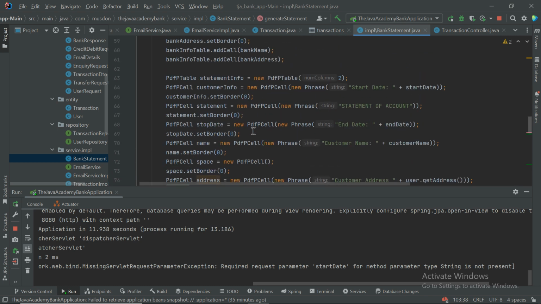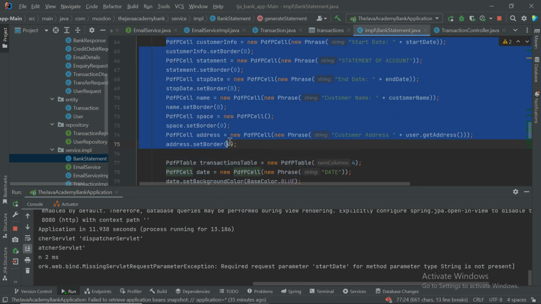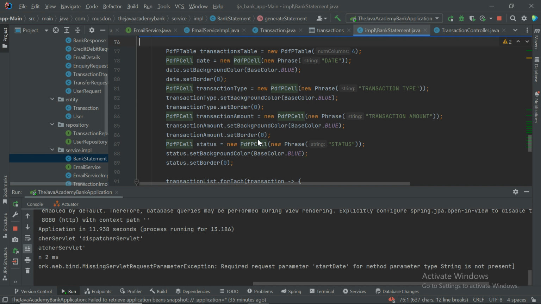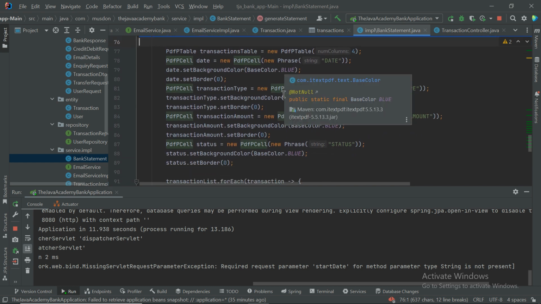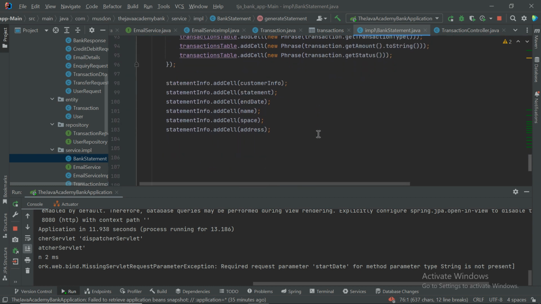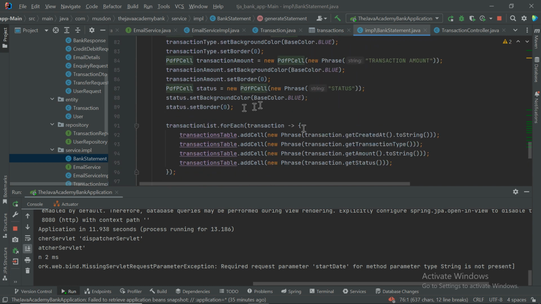So now what we have just done is, this is a PDF table, right? So what we've done is we've added all these cells into that table. So that particular table will now show us all this information now that we've added them into it. So that's the first step. So we need to do the same thing for transactions table as well. Or have I done that for transactions table? Okay, so I think to do it for transactions table now,